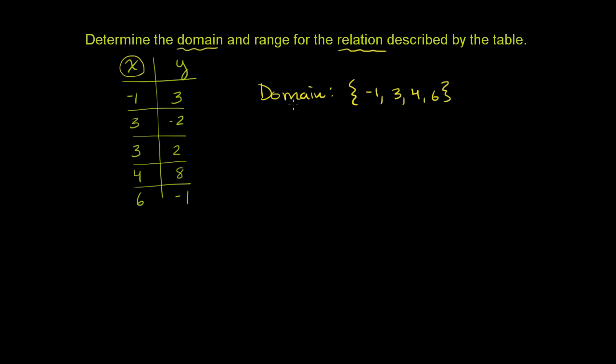So all we're saying here is if we say the domain of this relation is these four numbers, it says that this relation is defined for any of these four numbers. If you give any of these four numbers as an x value, there is at least one y value associated with it. Now, when they talk about the range of this relation,